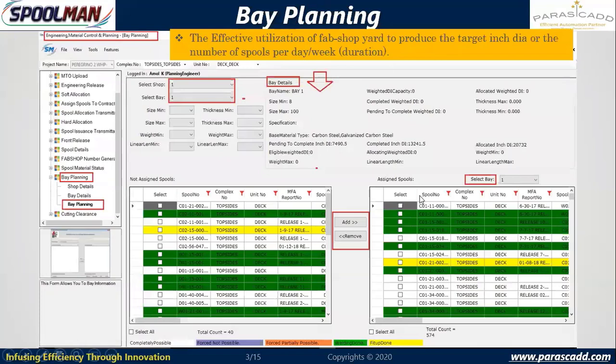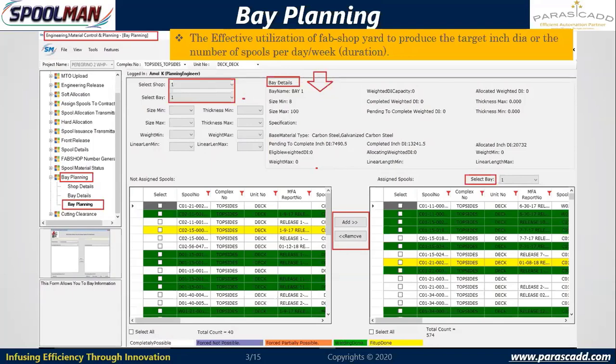And we have bay level planning. As I have already informed, I may have 3 or 4 bays, or 2 or 3 production shops. Each shop may contain 5 bays, and in bay 1 I may plan for carbon steel of a particular size or thickness range or weight range. The next bay may be for small bore stainless steel. The third bay may be for large bore stainless steel. And how each bay is loaded, whether we are utilizing the space effectively, what the production from the individual bays is, how much each bay has been loaded for the next 1 week.